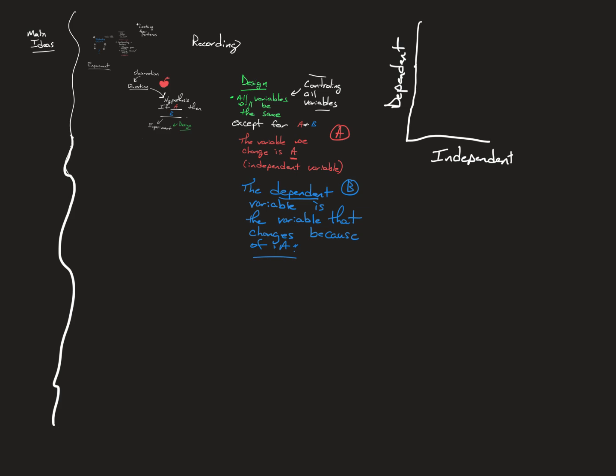So let me ask you something. I have two groups, A and B. A is my independent variable, the amount of sunlight. B is how much they grow. I controlled all the other variables. I plant 10 plants and I put them in the windowsill, and I put 10 plants in the dark, or less light.